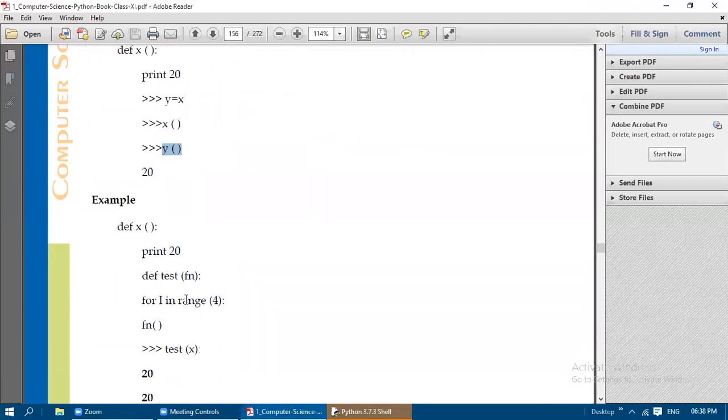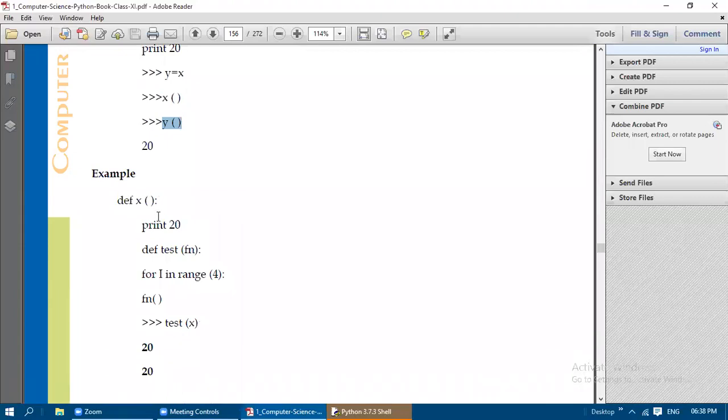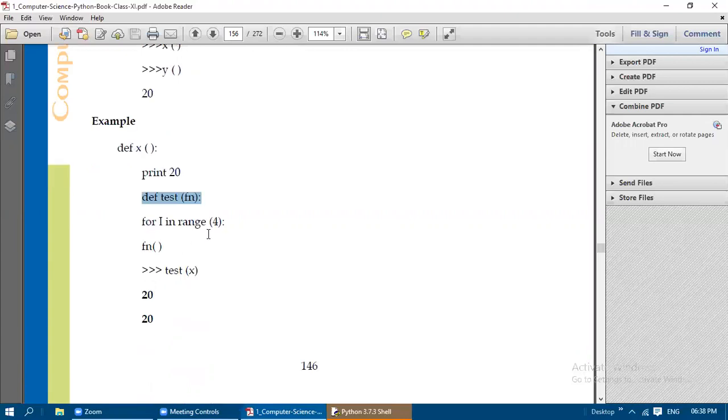Now let us see the example. def print20 and def test. See, inside this function we have used another function. Then for i in range of 4, this function call is made. So this fn is not available here. So the next, test of x, if we are giving, this test is going to be called.